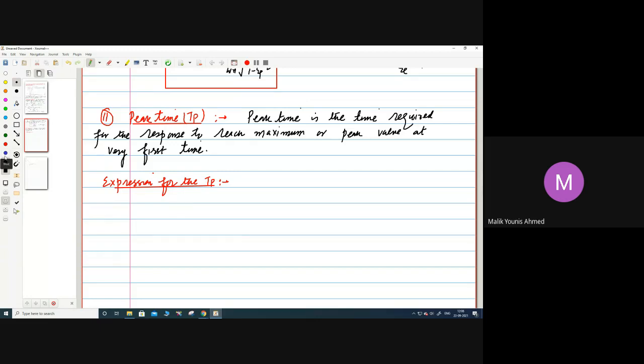Again, the step response of an underdamped second order system is the same, so we have to continue with all the expressions. The step response of an underdamped second order system is given by